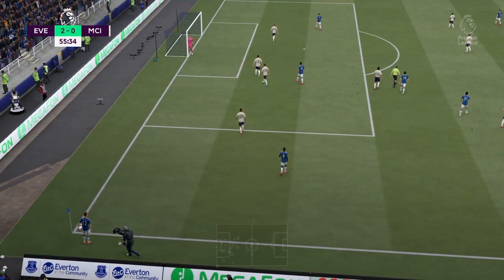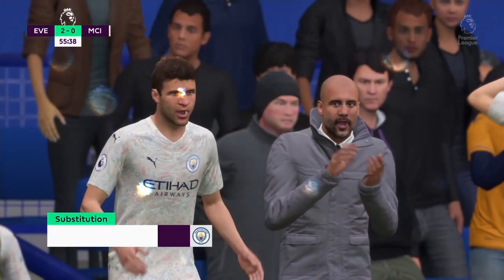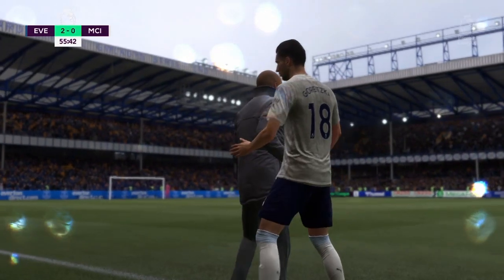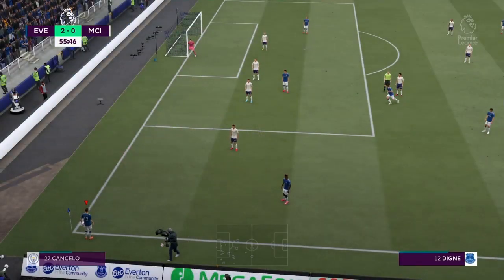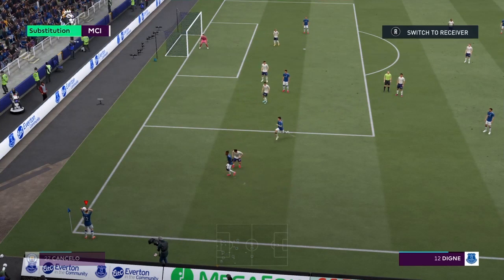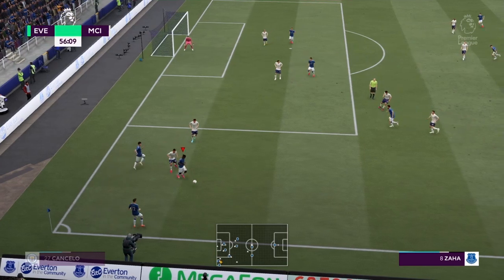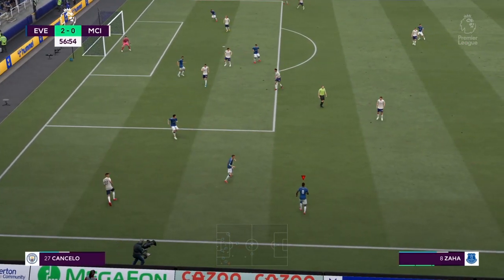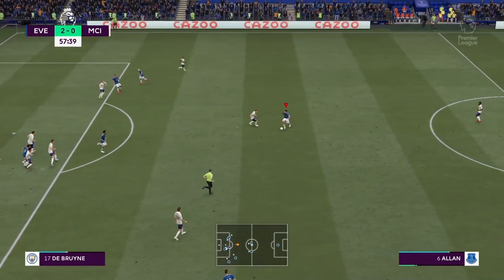Substitution for Manchester City. And another substitution here for Manchester City. Leon Goretzka is going off, and Thomas Muller is coming on for Manchester City. Not exactly the worst substitution in the world, that. But Lucas Dean with the throw-in. Right down by the Manchester City corner flag, we look to give it to Wilfried Zaha. And we look to fire it in, looking towards Dominic Calvert-Lewin, but cleared by Manchester City, only as far as